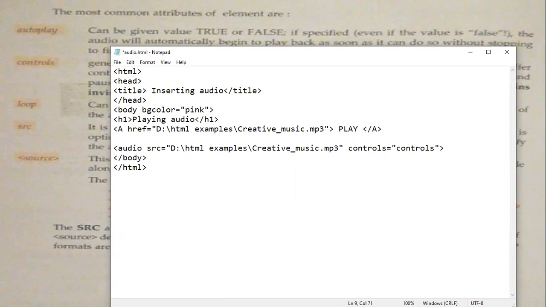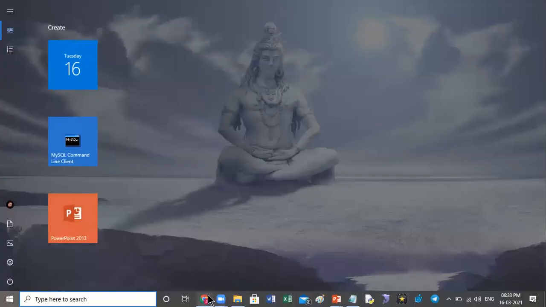And after this, you can write a message like this: your browser does not support audio element, right? Okay, let me save it.